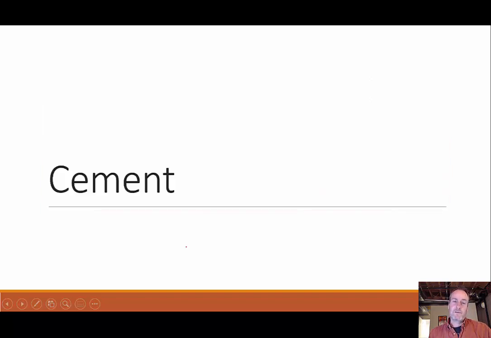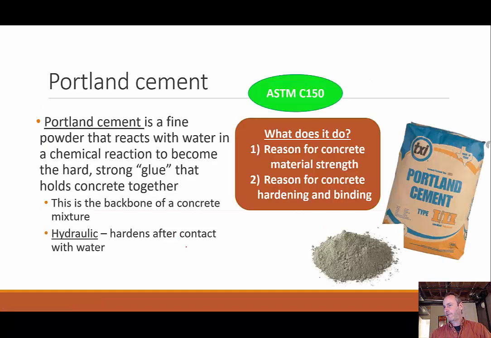So the next ingredient would be the cement, locking in those aggregates together. The primary cement that we talk about is Portland cement. Now that's not a brand name, but it's a type of cement. It comes in this powder, like this bag. Now when we did our lab, we used a pre-mixed concrete, so it had cement and the aggregate already all mixed together, right? This is the glue that holds the concrete together, backbone of the concrete mixture,